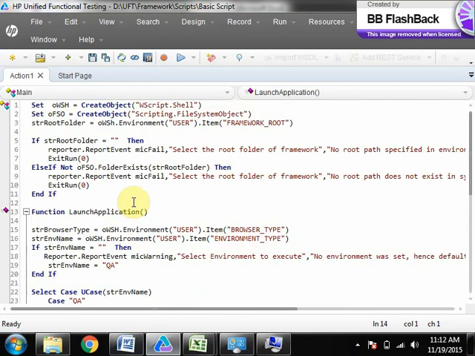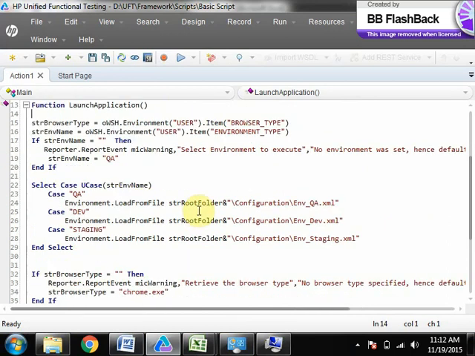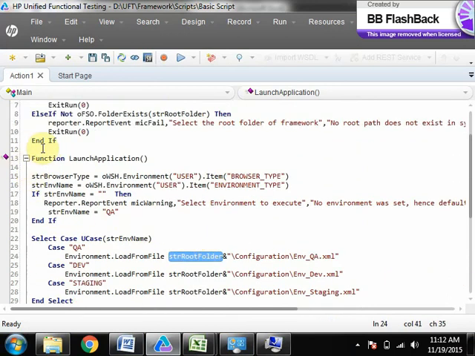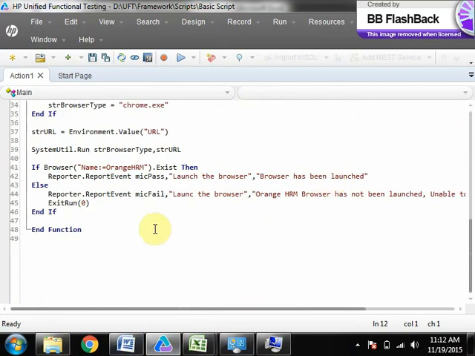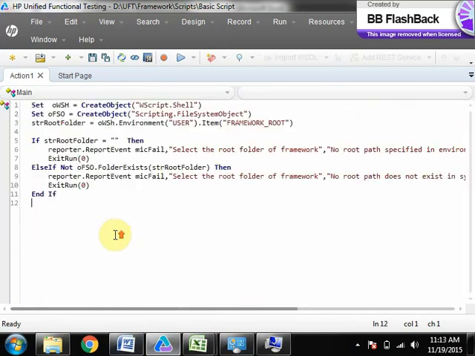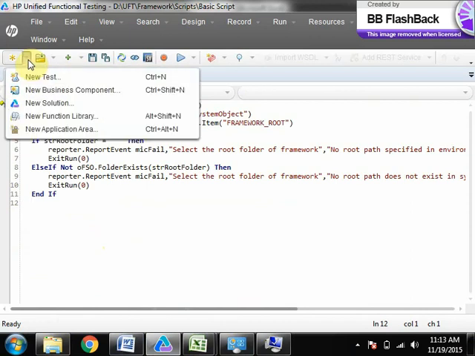So now the first two points are addressed, right? Again, this strRootFolder, now this function will be used everywhere, right? Not only in this particular script. So do one thing, instead of keeping that inside the action, create a function library, keep it in one function library so that you can reuse it. How do you create a function library?